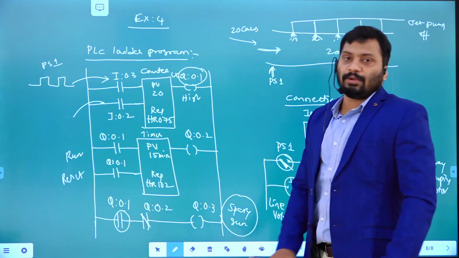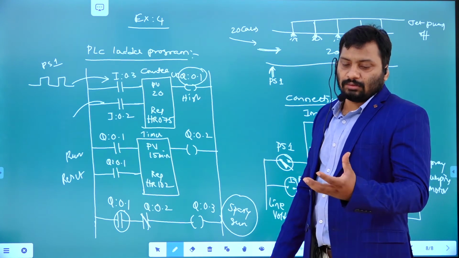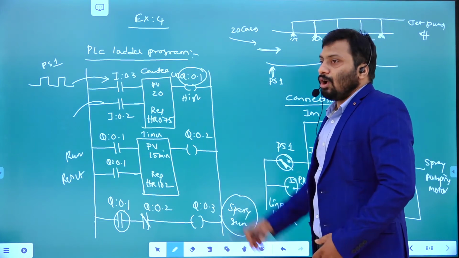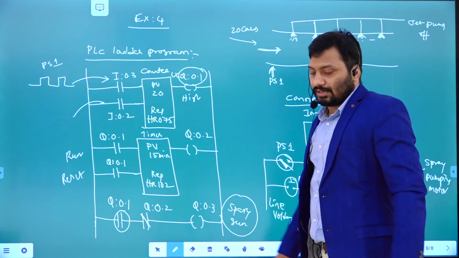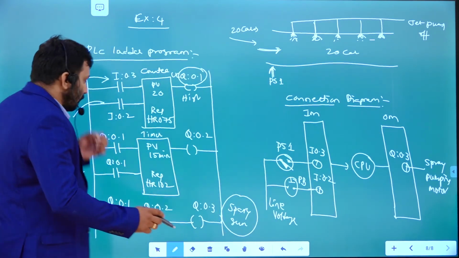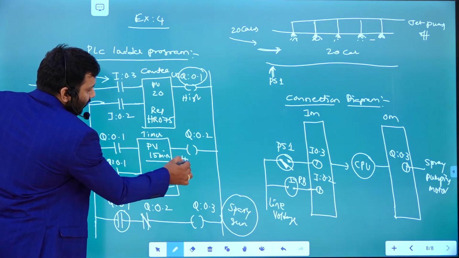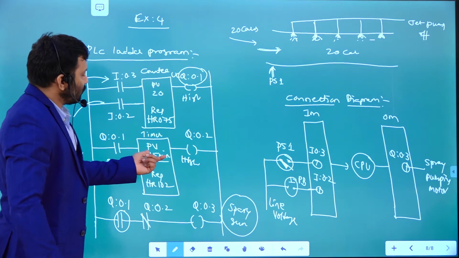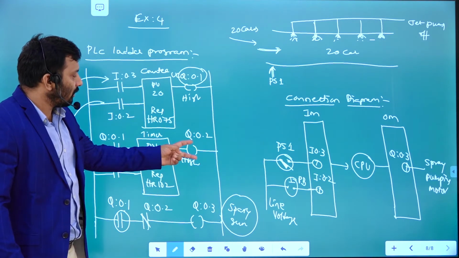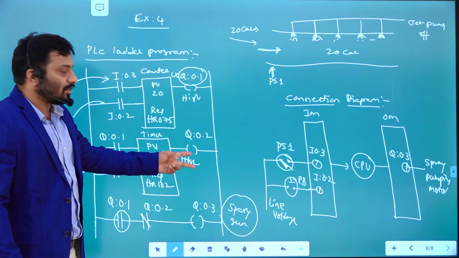This spray gun is going to run, that means the pump connected to the spray gun is going to be on, so spraying is going to take place. The paint is going to be sprayed on these particular cars, right. So after 15 minutes, the output is going to be high. Up to these 15 minutes, the output of this particular timer is 0 only. After 15 minutes, this output is going to be high.